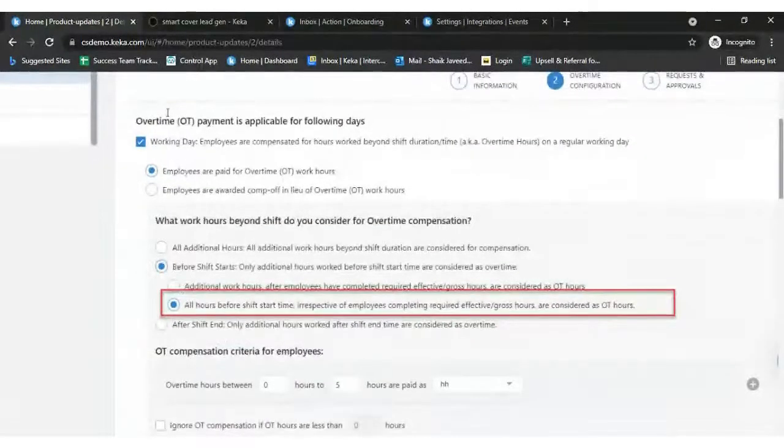Let's assume the employee has a shift from 9 a.m. to 6 p.m. But the employee, due to some personal reasons, came to the office at 7 a.m. and worked till 2 p.m. So for the morning shift, that means he had worked 2 hours of OT in the morning, which is 7 a.m. to 9 a.m. In case the employee doesn't complete the effective hours or gross hours for the particular day,